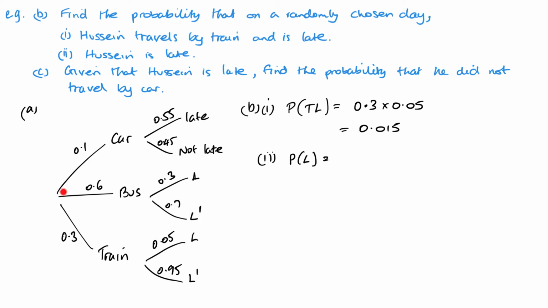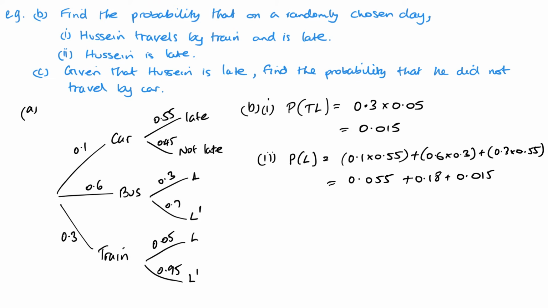So that's going to be this path, so 0.1 times 0.55, or we could take the bus and then he's late, so 0.6 times 0.3, or we could take the train and then he's late, which we've already worked out, but I will put it down like so. Now all I need to do is work this out, and this will give me 0.25,